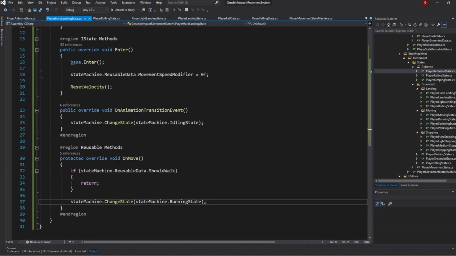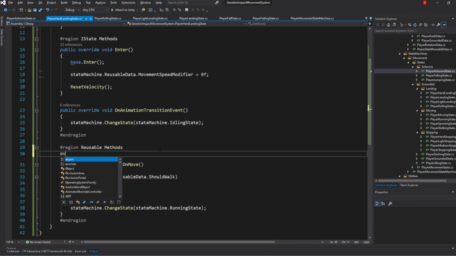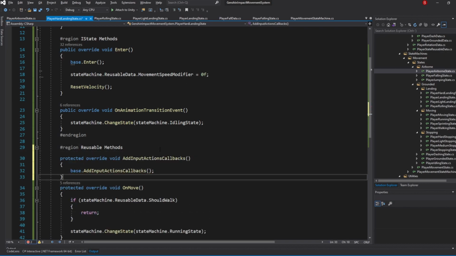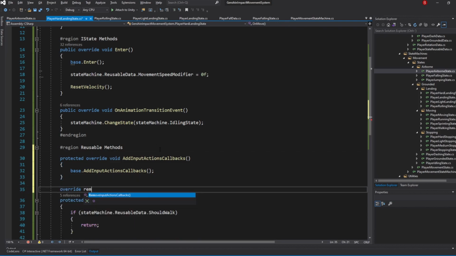Now, we can do this here even though we can come from the falling state, because we'll be disabling and enabling the movement input, which means the started action will be called when enabling again if a key is being pressed. So, above our OnMove method, override the AddInputActionsCallbacks and RemoveInputActionsCallbacks methods.